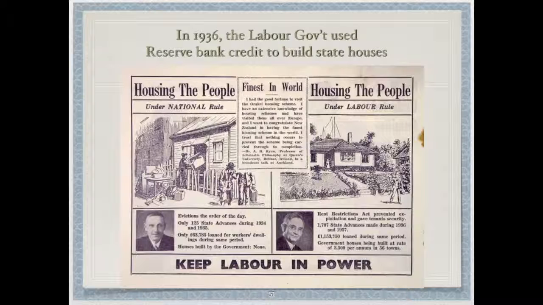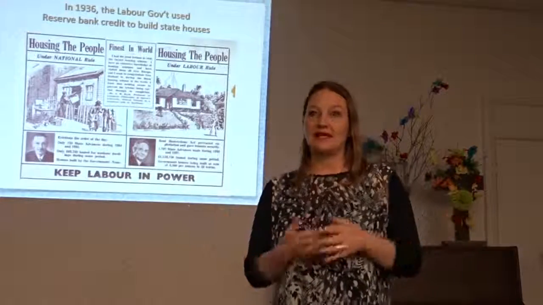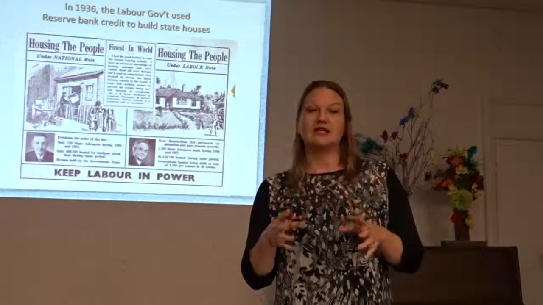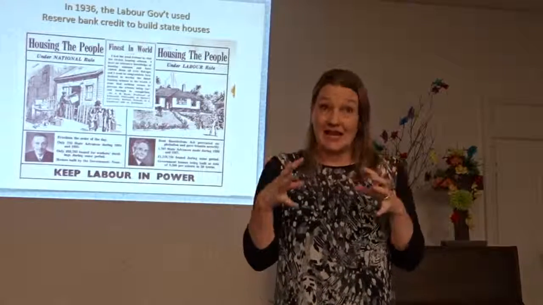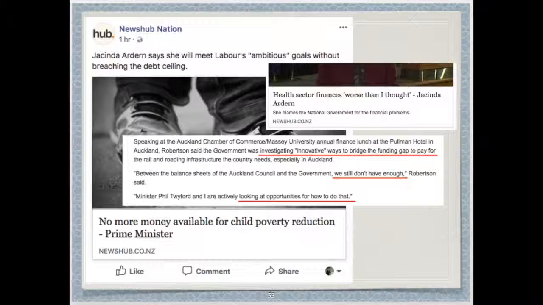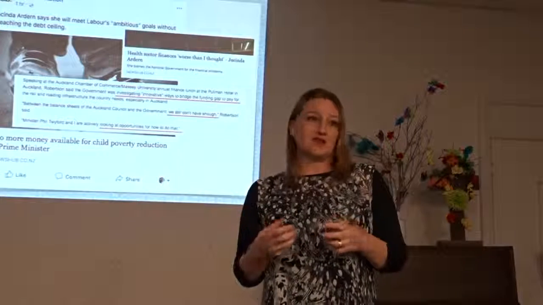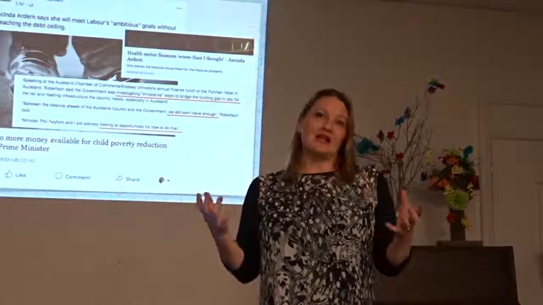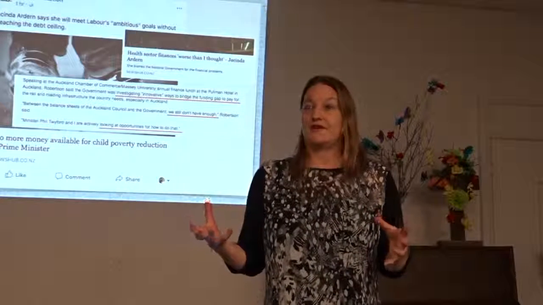The first Labour government did exactly this in 1936. New Zealand came out of that recession faster than any other country in the OECD, and they got themselves an income earning asset. The economy had the capacity to take that extra money. We're investigating innovative ways to bridge funding gaps, and now they've got this regional development fund, which is brilliant, but it's exactly the sort of thing that doesn't require further debt for the country.